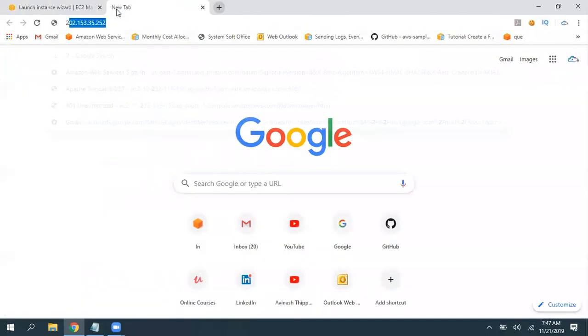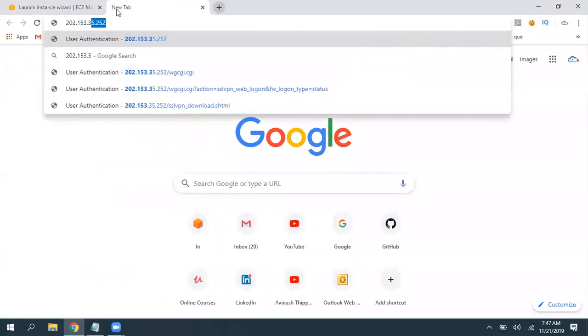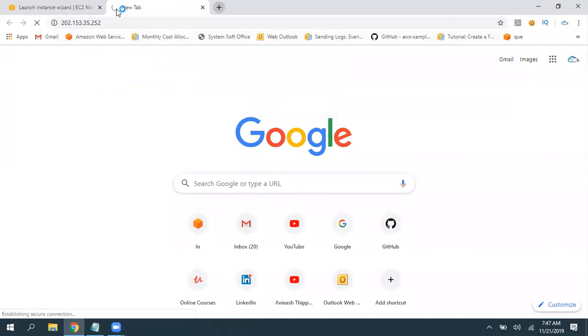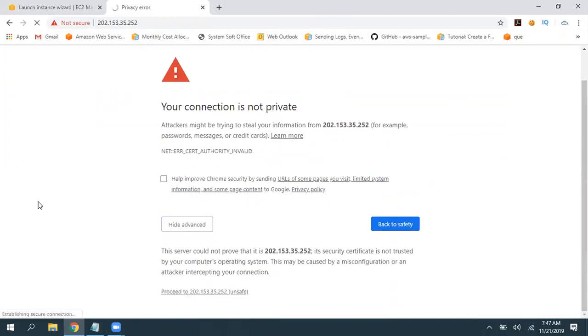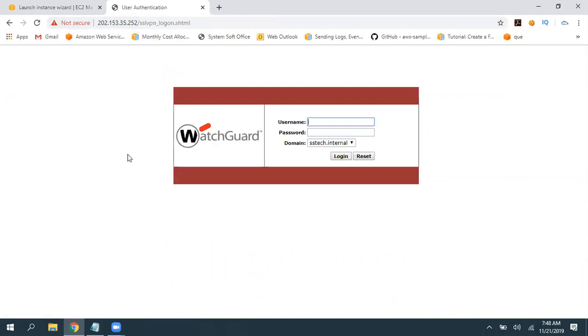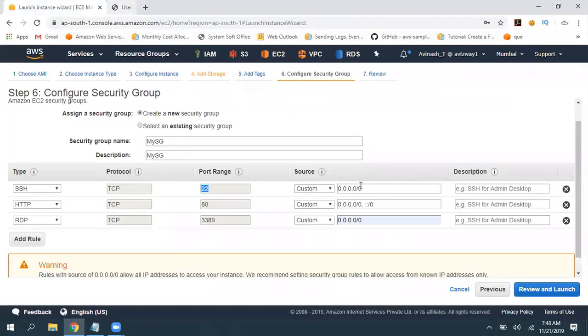For example, if you are taking my organization's, it's in my mind. So I can just proceed. And there you can see it is asking for a couple of login details. So now what I can do is simply give this public IP address here. Only my organization users can get connected to this EC2 instance. No other users can connect to this machine.